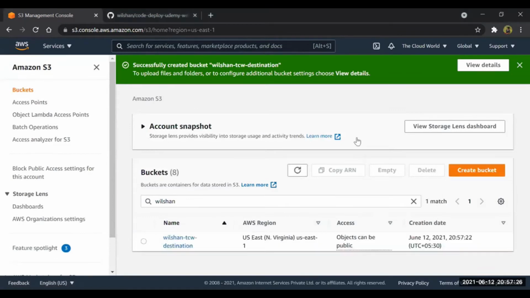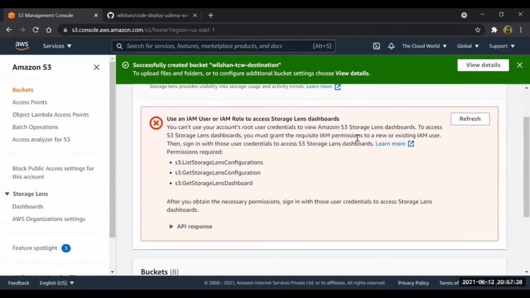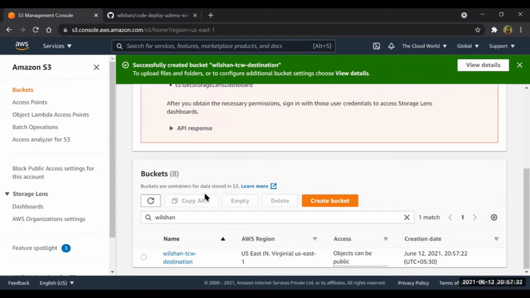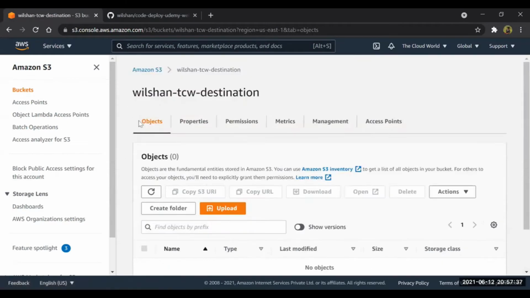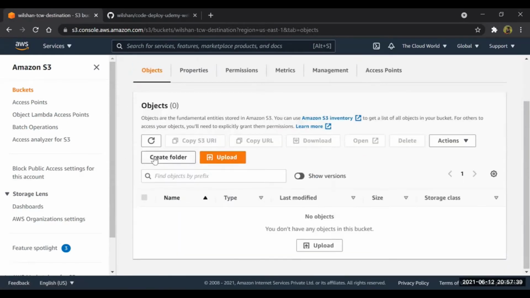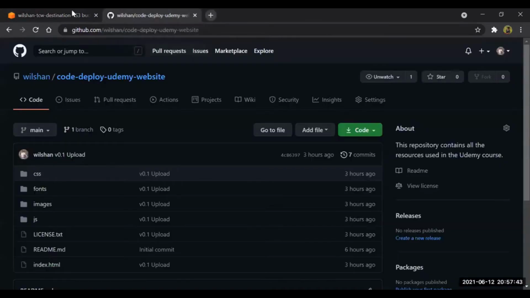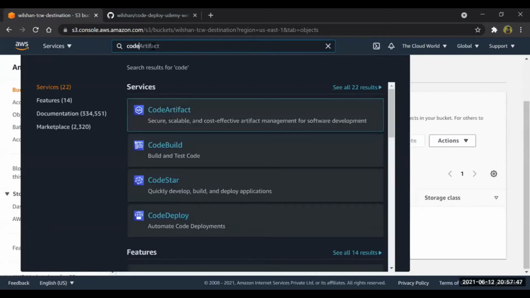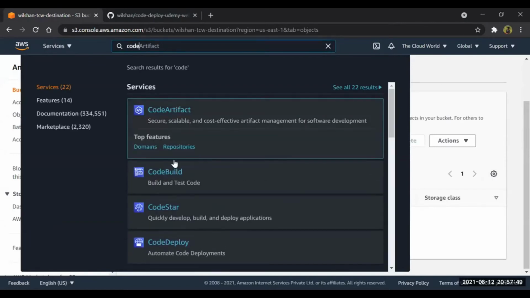Now what we are going to do is use an IAM user, IAM role to store this. Okay, that's fine. So this bucket we have created. Now what we have to do is create one pipeline first of all. Let's create it here. Just move to CodePipeline.